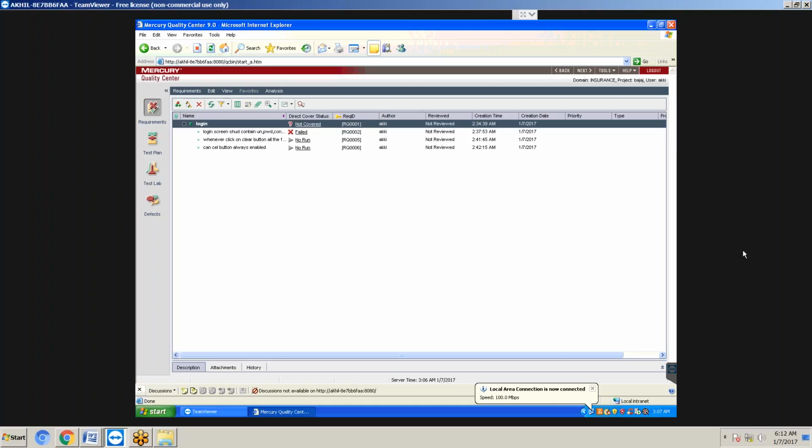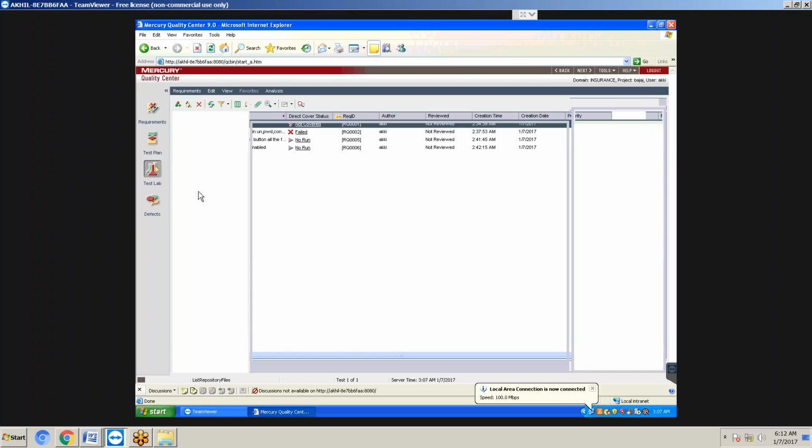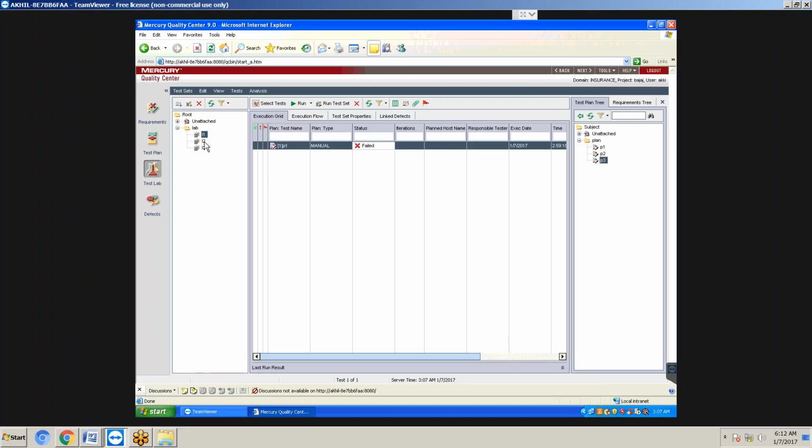Come once again to the test lab. First we need to take the requirements from the client and compare the requirements with the developer's work, whether it is done or not. That is our task. So based on the customer requirement, we check first whether the developer did that work or not. That is our duty.